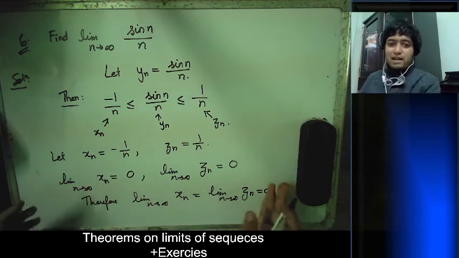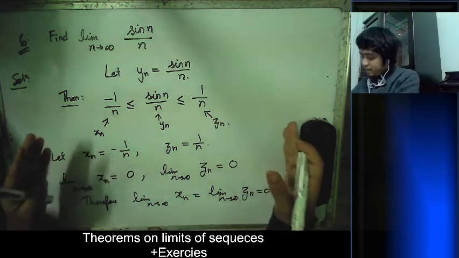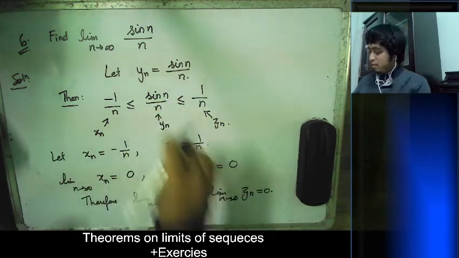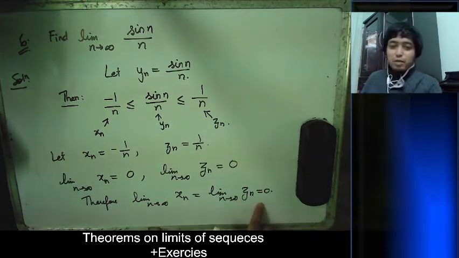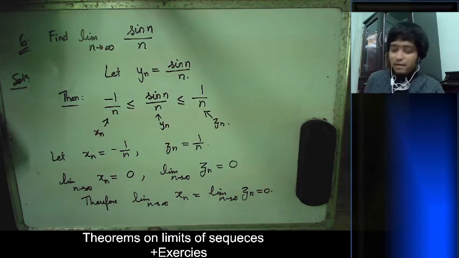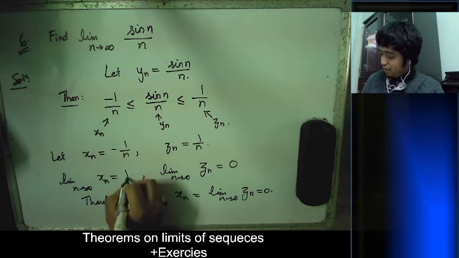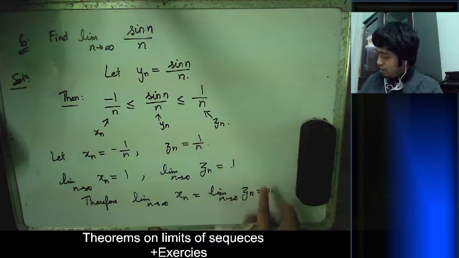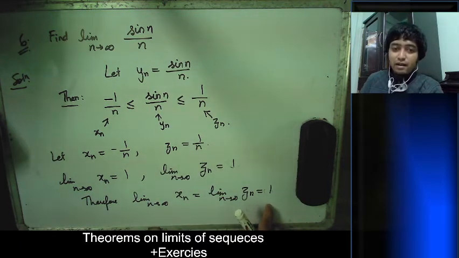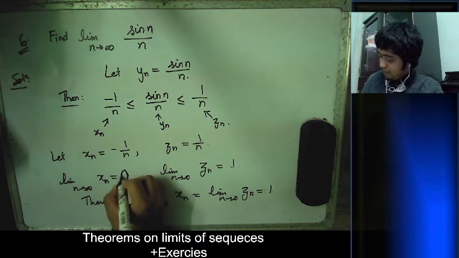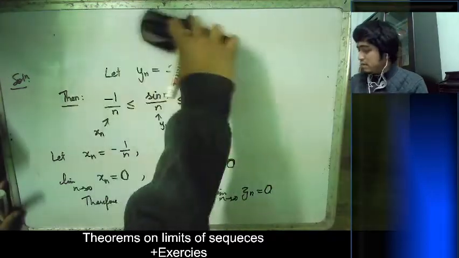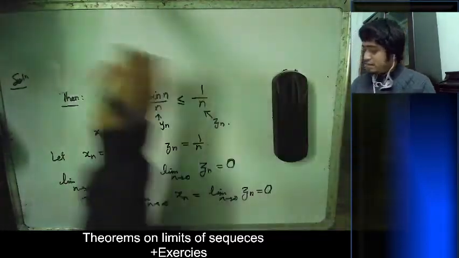So if the outside are both equal, and you are squeezing them because of this inequality, the middle one also has no other choice but to converge to this value, which is 0. If suppose you are getting 1 over here and 1 over here, then the middle one will also converge to 1. But since over here we are having 0, that's why it will converge to 0. So by squeeze theorem,